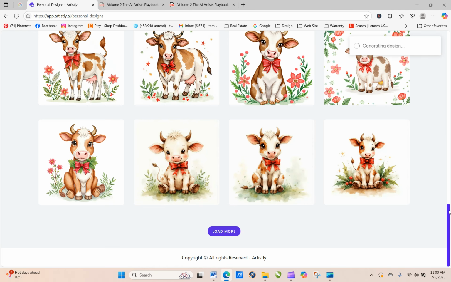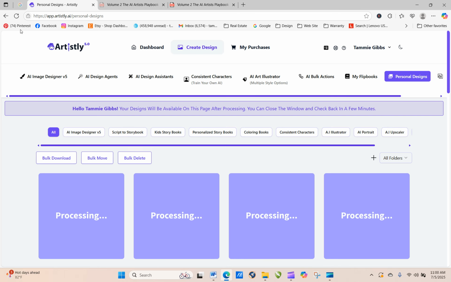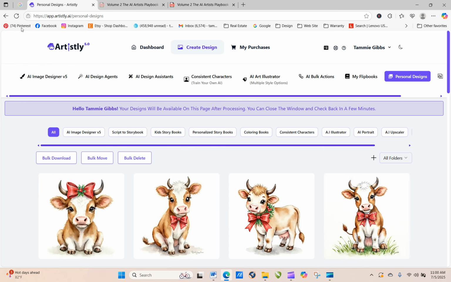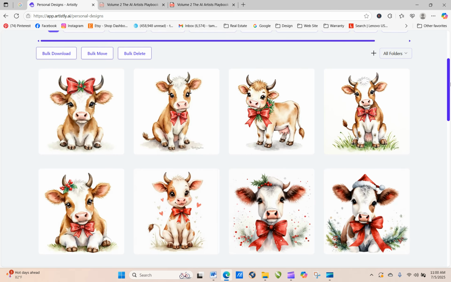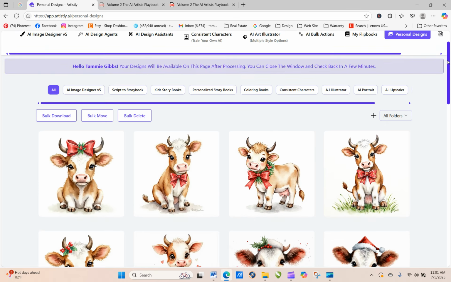Let's do 4 images and see how quickly we could do a small pack of those little cows. That would be really cute for various different applications for your creators that are following and purchasing your commercial clip art. Or if you're making your own invitations and things like that, then you may be creating these for your own Christmas cards or your own little other holiday things. So see, you could easily do maybe 8 to 12, 20